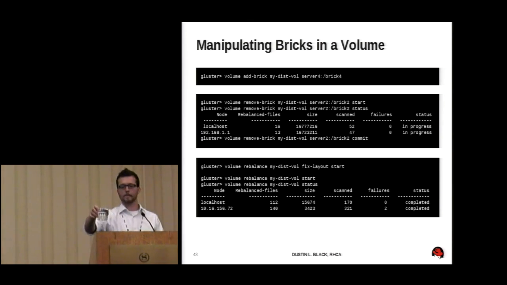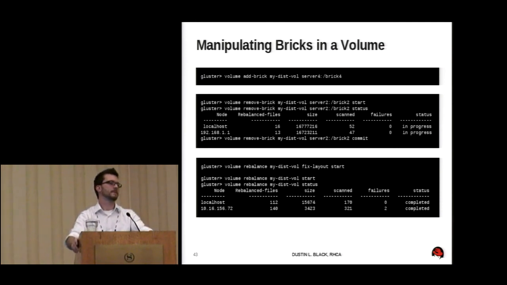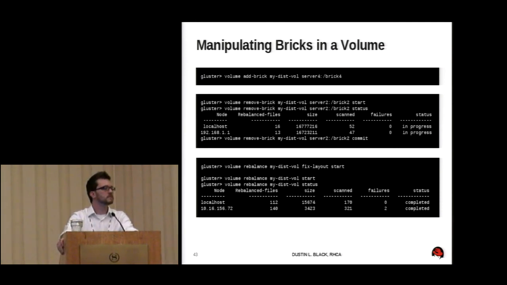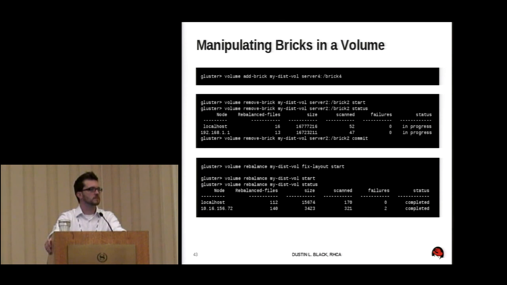Any data movement is expensive. The fixed layout is cheap because it only fixes the hashing. Internally, every directory thinks it has its own hash namespace, so fixing the layout is a pretty simple operation. Okay, so, a straightforward question: if I extend my gross available storage space by 10%, will about 10% of the data be moved, or significantly more? Because that's the problem that you're trying to solve.